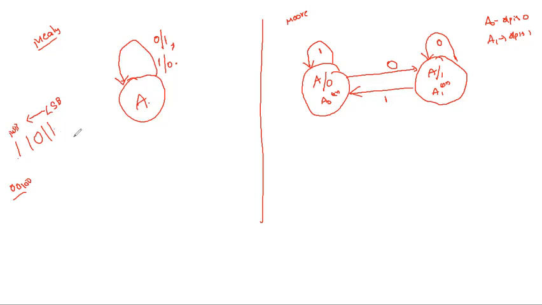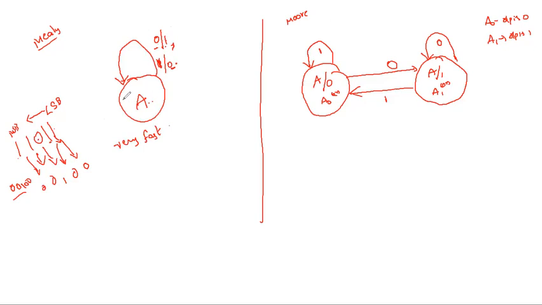So what is the first input? 1. 1 is the first input. So I am giving 1 here. What is the output? We get 0. Right? Now I am giving input 1 again. You get 0. I am giving 0. We get 1. Again 1, we get 0. Again 1, we get 0. Okay? Because here a single state is available, we get the answer very fast. So Mealy machines are very fast compared to Moore.